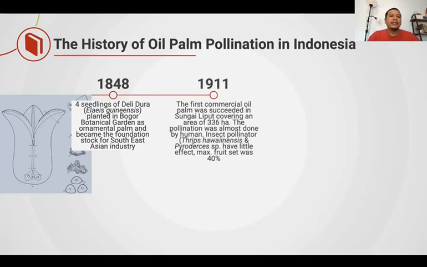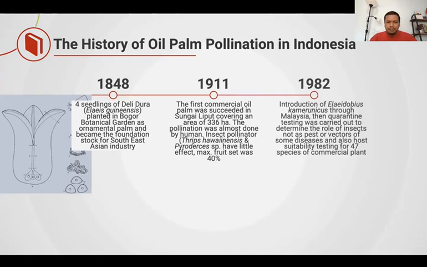And then in 1911, the first commercial oil palm planting covering an area of 336 hectares was successfully built in Sungai Liput, Sumatra, which was then pollinated almost entirely by humans, or called assisted pollination. There are two insects indigenous to Indonesia, namely Thrips hawaiiensis and Pyroderces, but both only have a relatively low impact on fruit set formation, with a maximum of 40%,